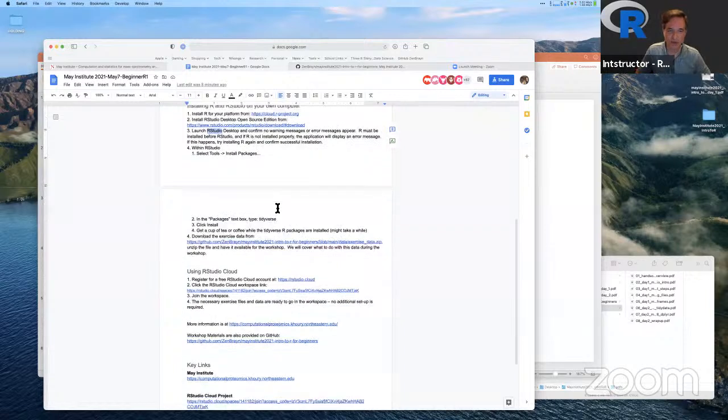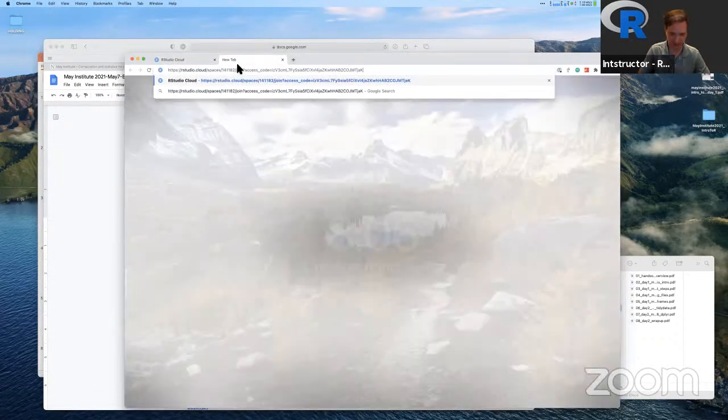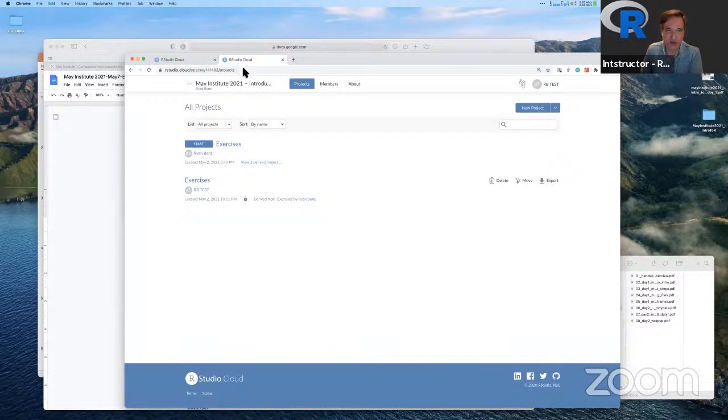There's another option where you don't need to do as much setup, and that is to use RStudio Cloud. I've set up a cloud-based environment that has all of our materials, exercises and data there. The only thing you need to do is first create a free RStudio Cloud account. Once you do that, you can go to this link here. Let me just show you. If you go to this link, it will take you to a new window that looks like this, and exercises is the name of the project that we're going to be doing. If you click on that,